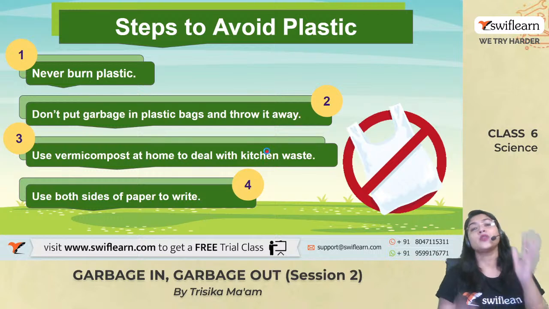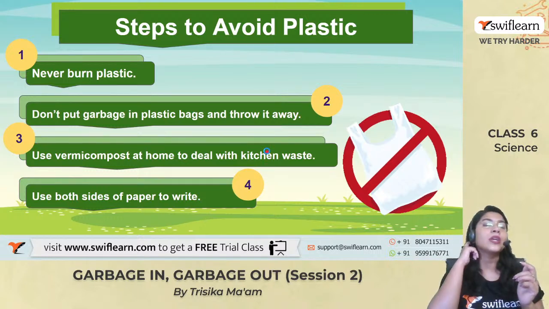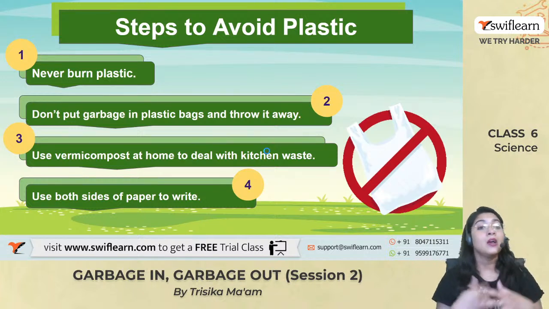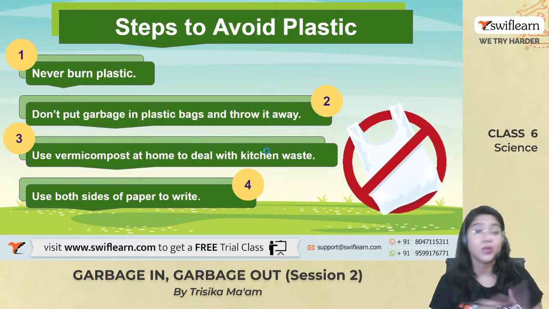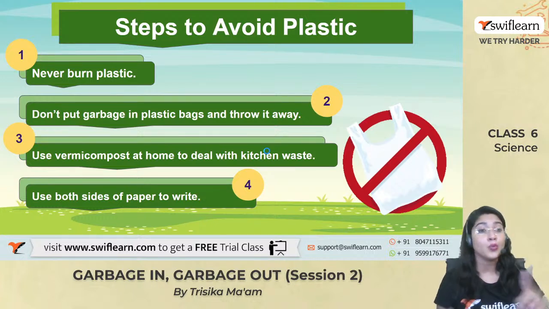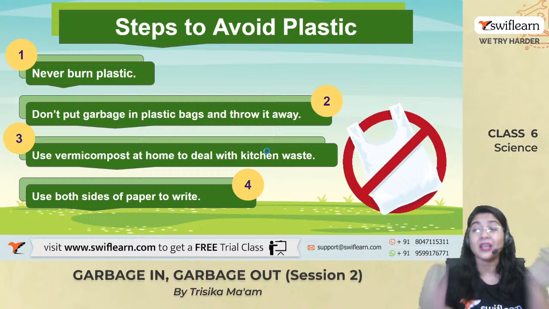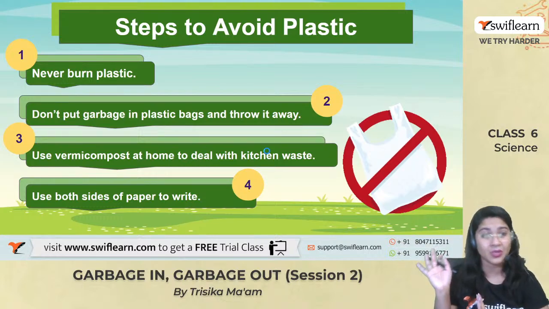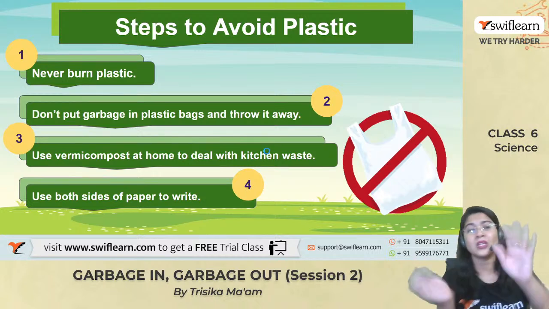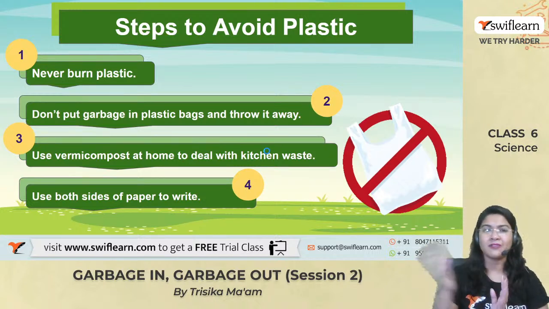Now, coming to avoiding plastic and how we can reduce the harmful effects of plastic. We should not burn the plastic because it creates a lot of harmful gases in the environment, which can create air pollution. So never burn the plastic. Secondly, don't put the garbage in a plastic bag and then throw it here and there. Just collect it in a proper way and throw it inside the different dustbins,